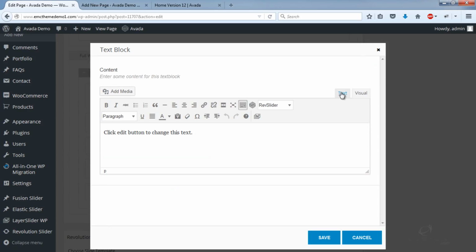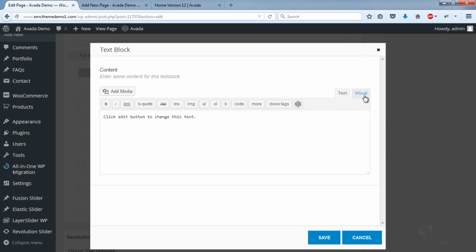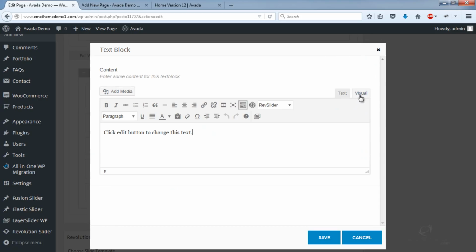And you'll notice whenever you're entering text, there are two tabs over here. There's a text tab and a visual tab. The text tab should always be used when you're entering any code, any HTML. Otherwise, you should always use the visual tab. And this is very similar to Microsoft Word, and I'm sure you know what all this stuff is about. So I'll just copy and paste what was in the other demo site.